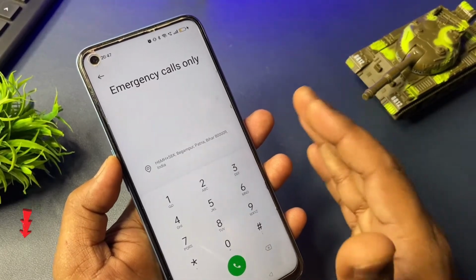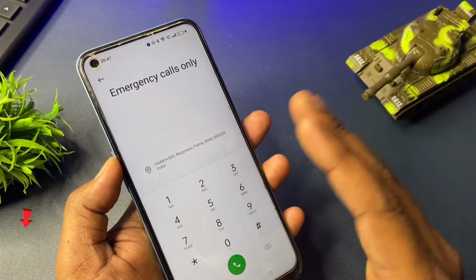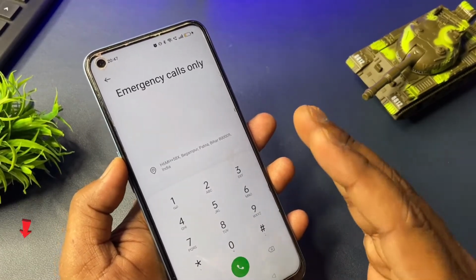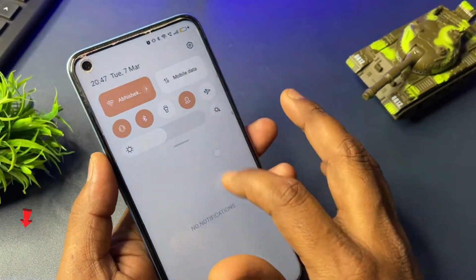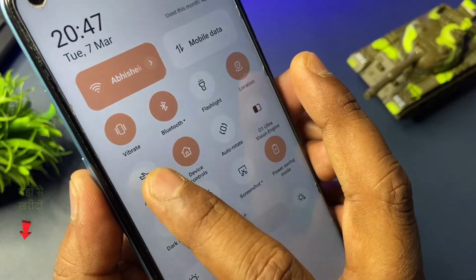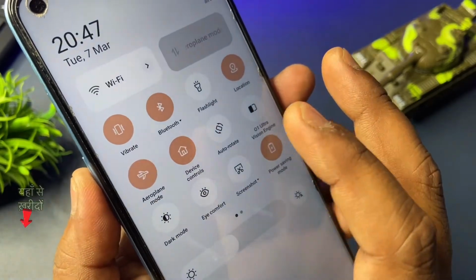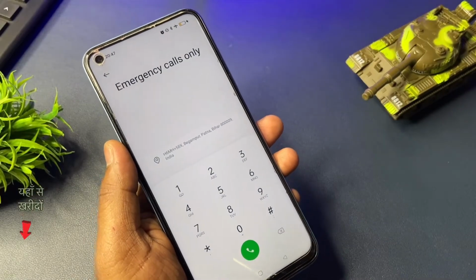The offline mode in your smartphone may not have been fully activated yet. You still have one process left, and that process is that now you have to put your smartphone in airplane mode from these shortcuts. This is the airplane mode or flight mode. You have to click to activate your airplane mode. After this,